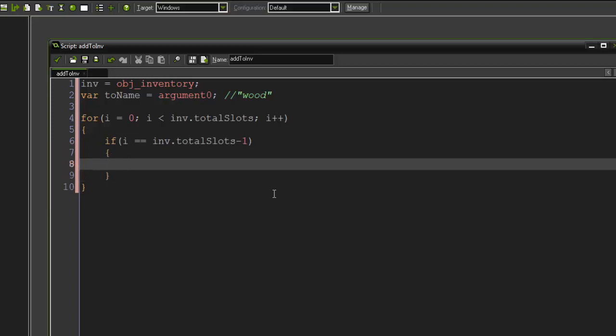This basically means if our i gets all the way to the end of our inventory system, it hasn't found an item in our inventory system. That means we don't have the wood in our inventory system. So we're going to say if global.slot